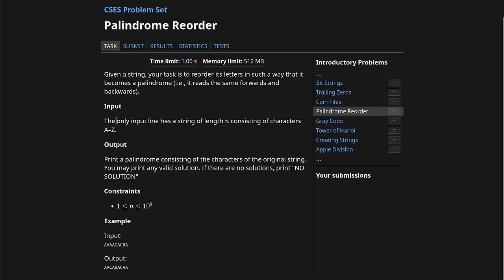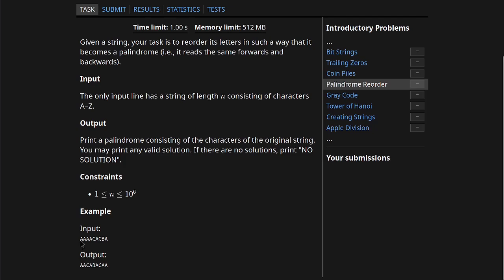And then the input is defined. And then we need to print a palindrome of the original string. And if it does not exist, we have to print no solution. Okay, so the question is pretty straightforward. So for example, here if the input string is this,